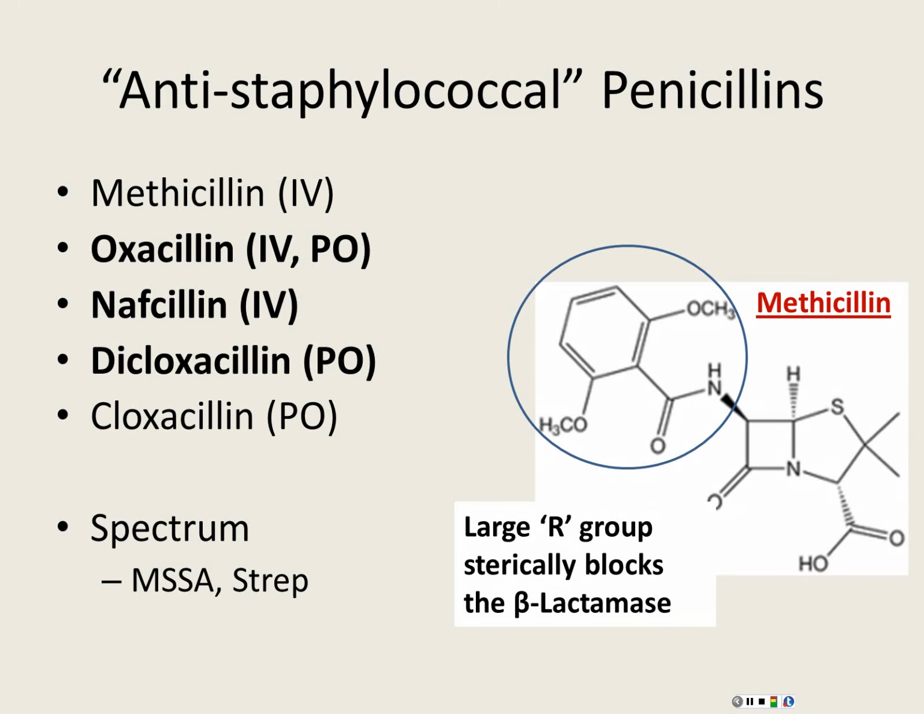So the bottom curve with the anti-staph penicillins, we've got several drugs in this class. Here at this hospital, we use nafcillin as our IV product. However, oxacillin is available in some hospitals in the U.S. as their preferred IV anti-staph penicillin. The oral options in this class are oxacillin and dicloxacillin. Last time I checked, cloxacillin was not available in the U.S. The spectrum for these drugs is